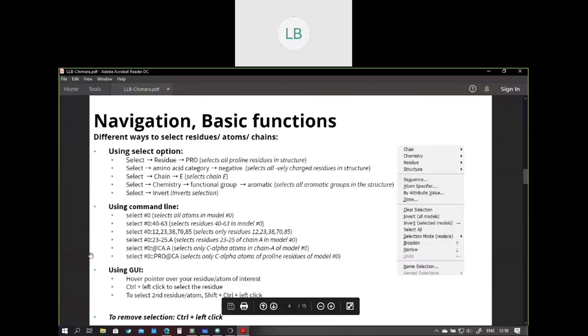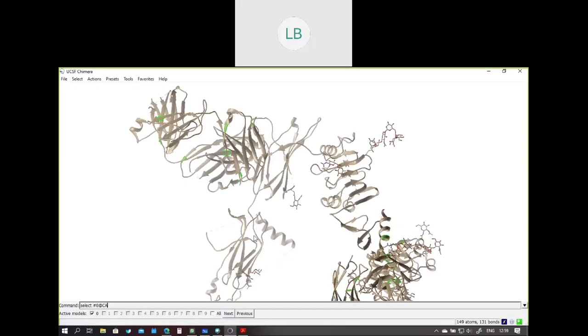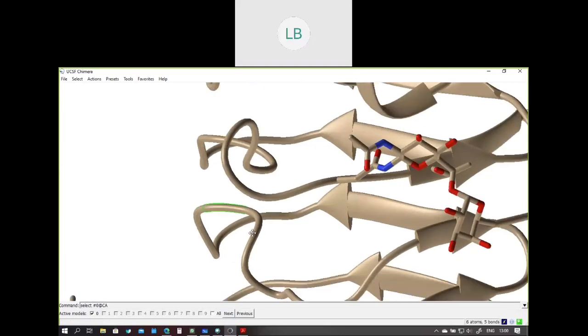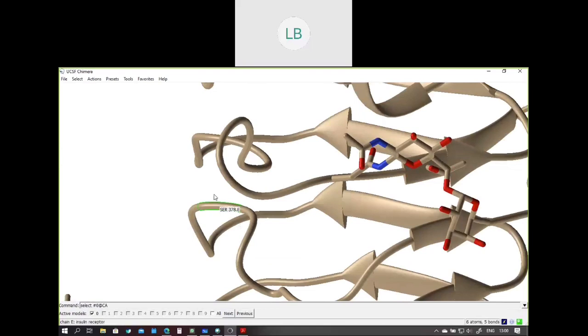One more method to select a particular residue: you zoom into the residue you are interested in. Right now, it's showing serine 378.E, that means serine 378 of chain E. When you put the mouse pointer on that residue, it shows which residue it is. Just press Control and left click on that residue, and it will select only the serine 378 residue.